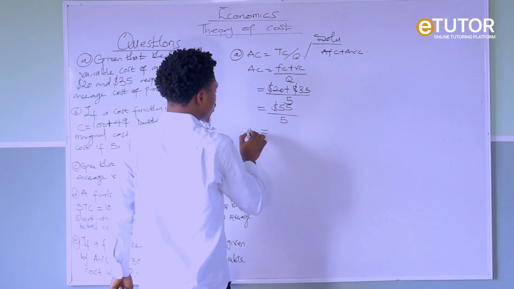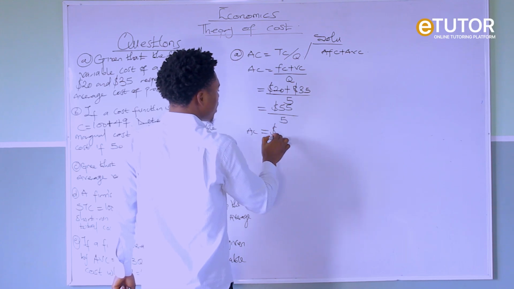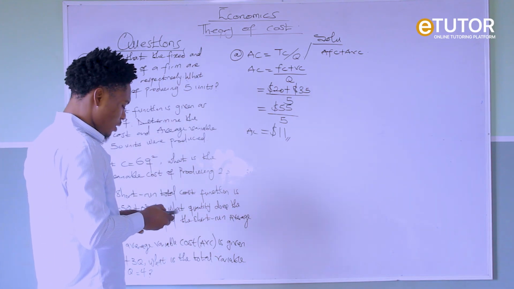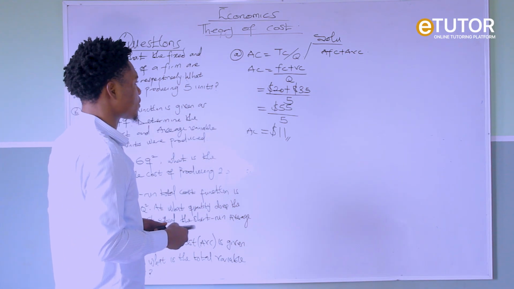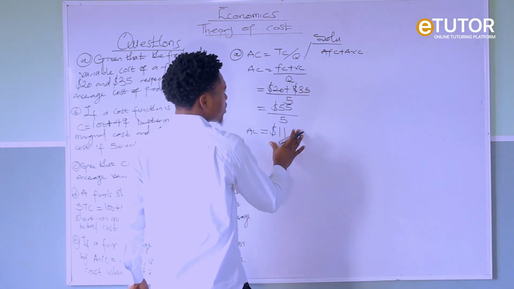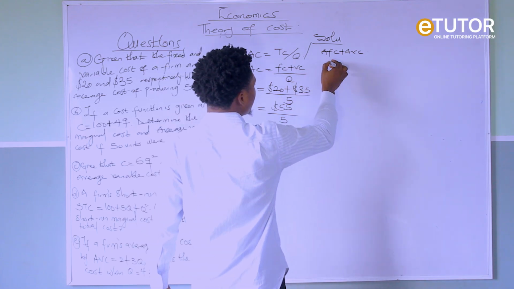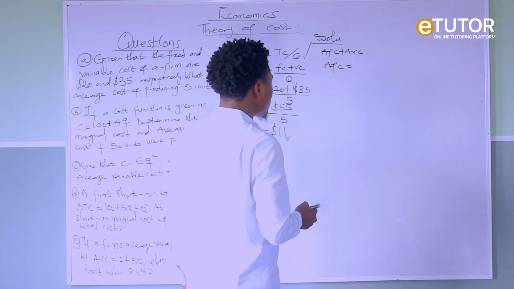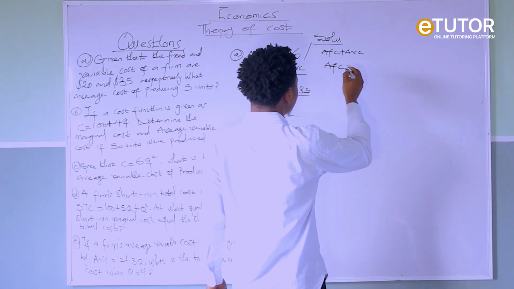So our average cost is going to be $11. So the average cost of producing 5 units is $11. Now, if we want to use this formula, we are still going to get $11. Let's write our average fixed cost out. What's our average fixed cost? Our average fixed cost is our